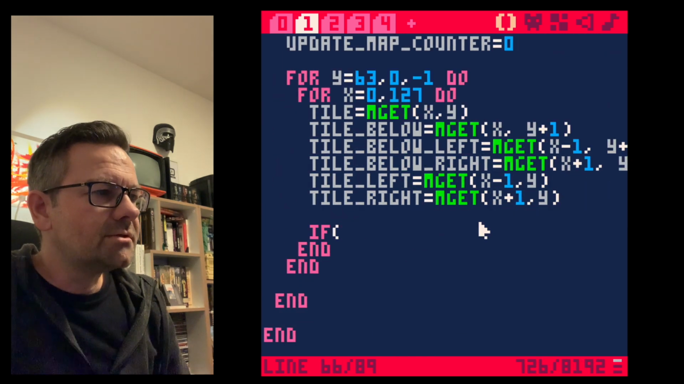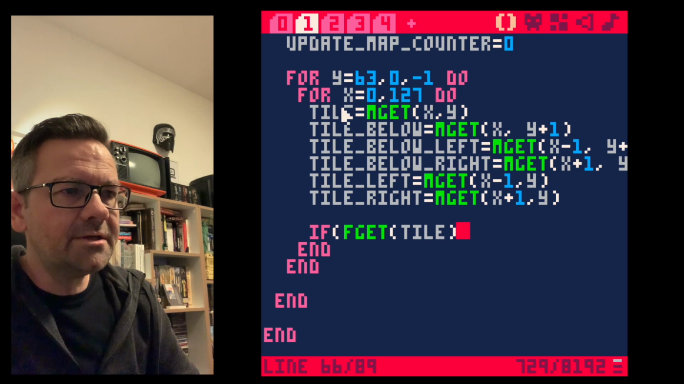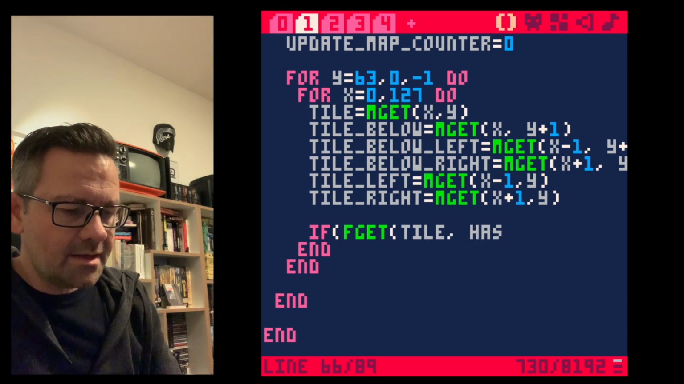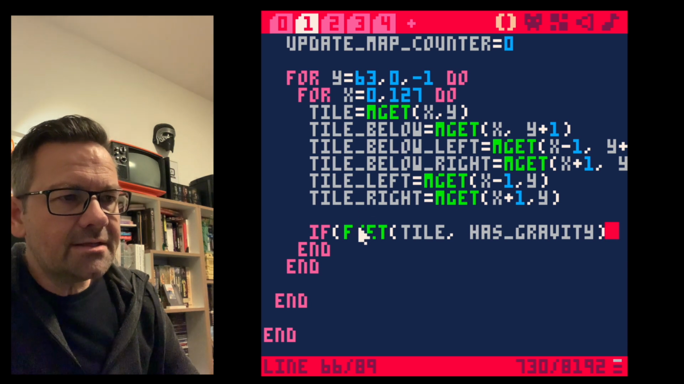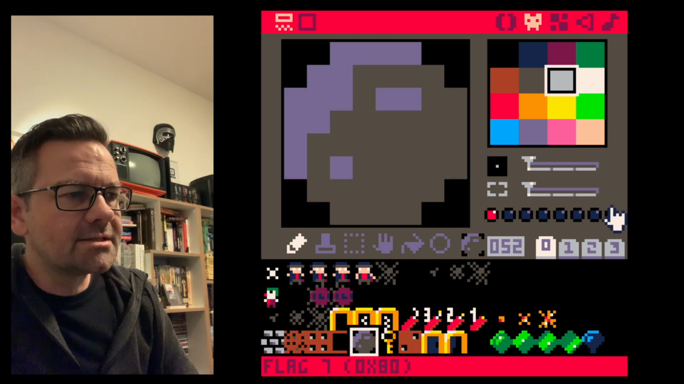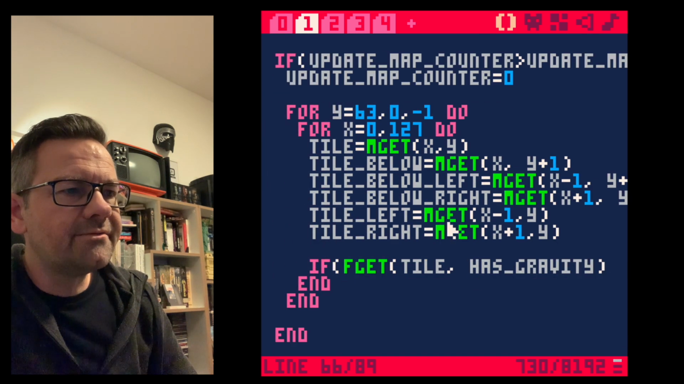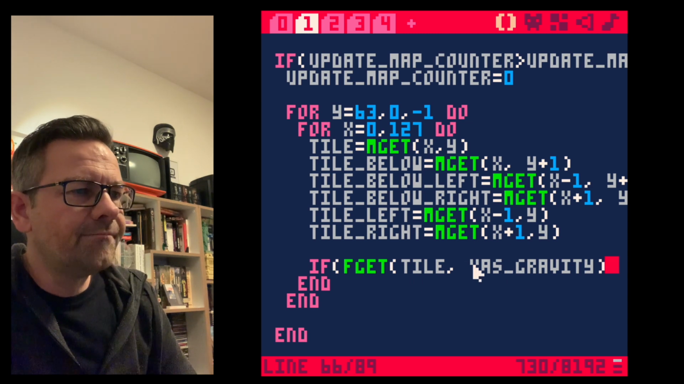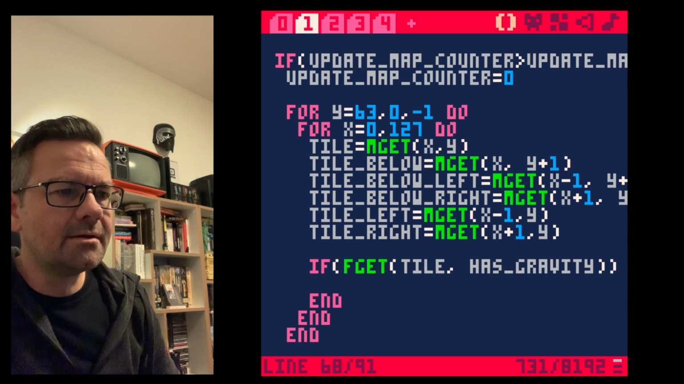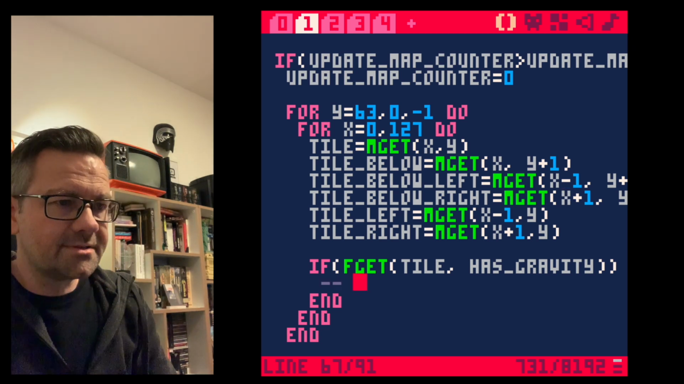We're here. So if fget of tile, which is the tile up here, which we are right now checking, has gravity. So this fget is the method which checks for a flag, which is that over here. And it checks if this flag number 7, which we have set up here, 7. So if this tile up here has this flag set, then this fget function returns true. And if that is the case, then we want to do something. And then we want to check for a lot of stuff. Let's first do the first thing, that is